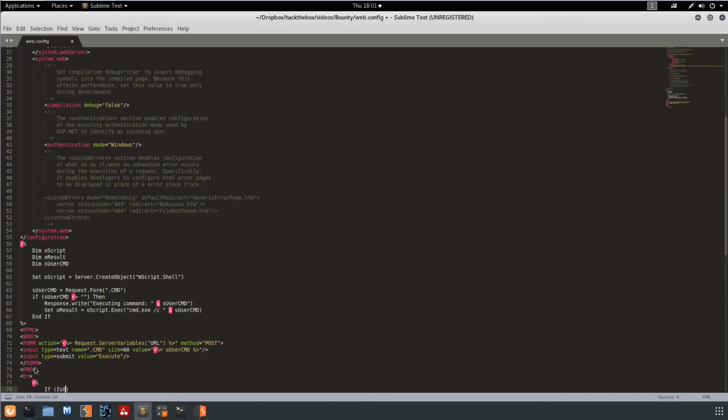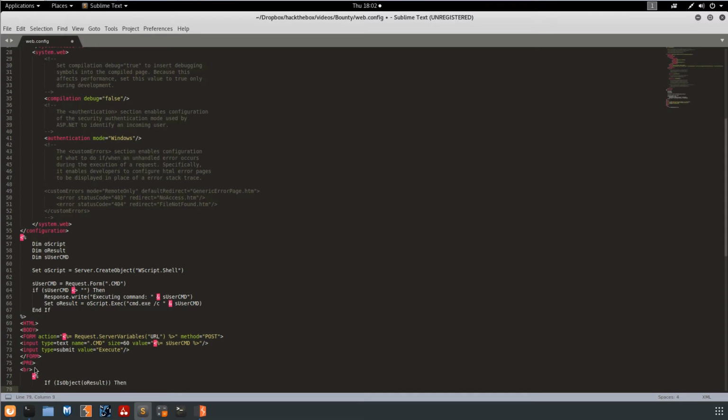If IsObject result, then. So what we're basically doing here is looking to see if o result's not null, then we're going to write the contents of it out. So if we do response.write output and page break,